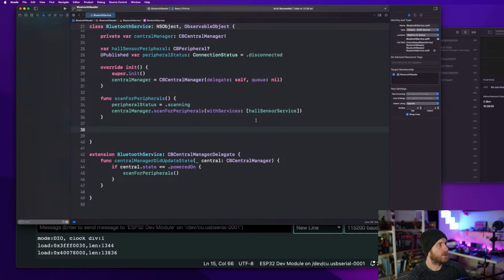We only care about the one device, which has this particular UUID on it, right? So it's kind of like a loop, right? It'll be looping over everything in the area, and then when it finds a peripheral with this service, it'll say, oh, that's the one we want. We want to connect to that one, right? So what we got to do now,